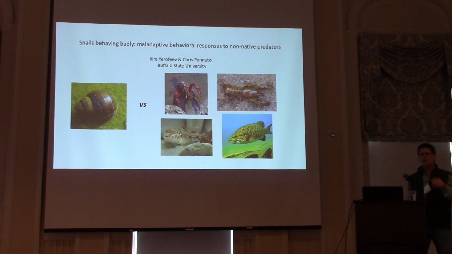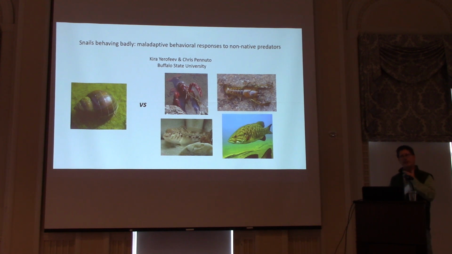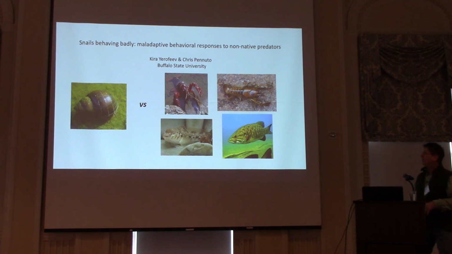And the main interest she had here was, in my lab we've been working with gobies for 15 years now on various aspects of their biology. She was really interested to see if there were any cascade effects that resulted from interactions between gobies and snails that resulted in changes in leaf decomposition rates. She spoke on this at IAGLR, which was the main thrust of her work, but part of that was looking at some behavioral things, so I thought we would dig into that a little bit more as a sidebar of the work that she did there.